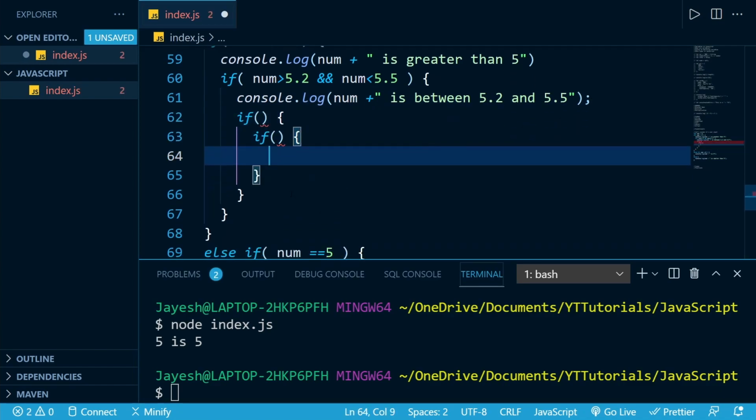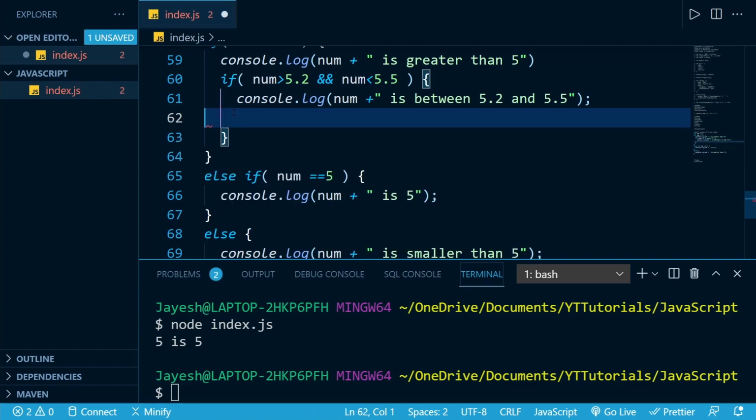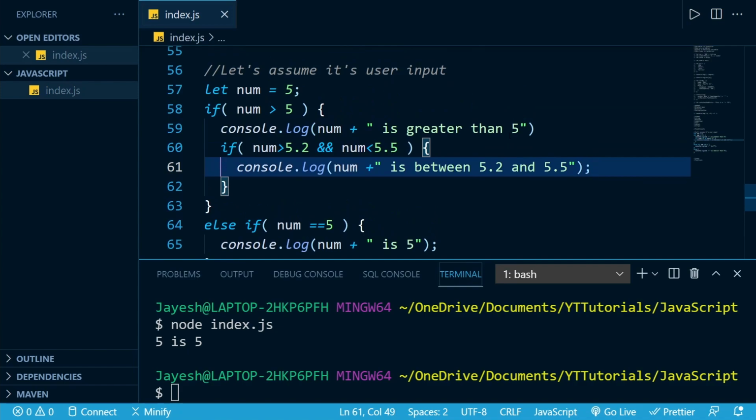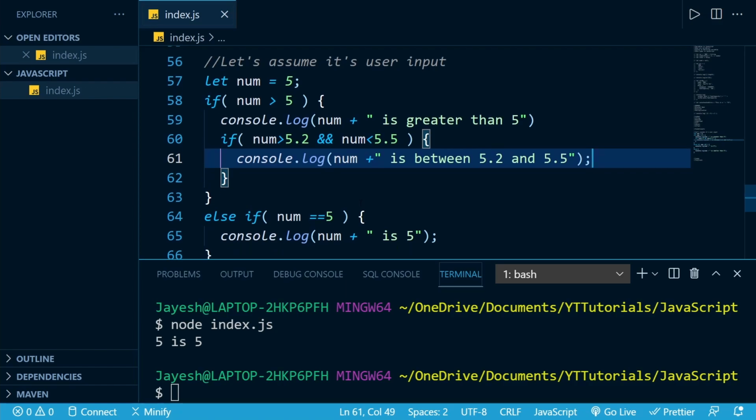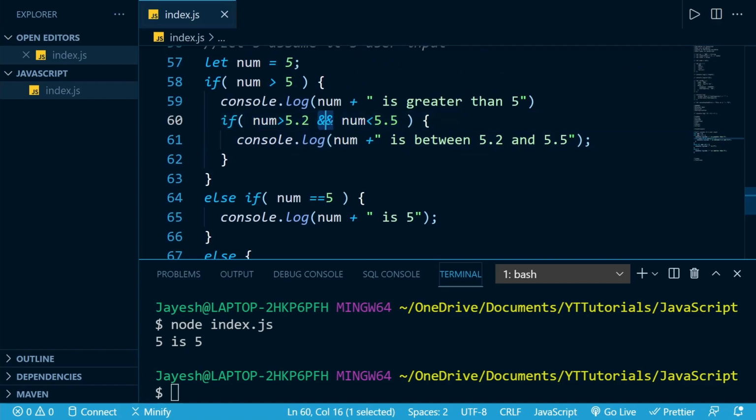In this way our code becomes way too complicated, and if someone else is looking at our code, it becomes really difficult to understand. So try to avoid that. There are always better alternatives using other types of if conditions. You just have to think a little harder. So these are the AND and OR operators. We also have a not unary operator. What it will do is just reverse the boolean value. The not operator always reverses the boolean value.